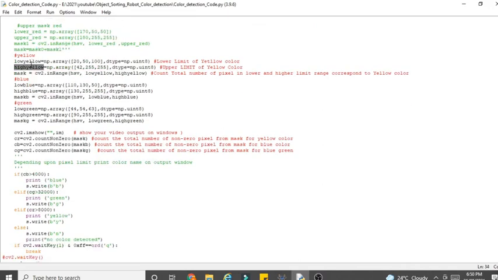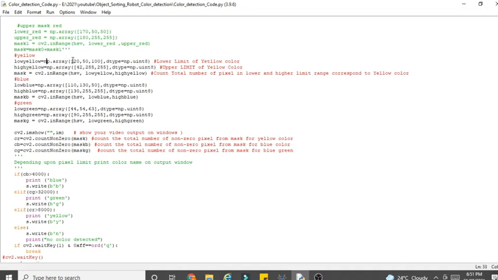Now the next step is we have to define the lower boundary and higher boundary of our color. Let's say yellow color. You can see np.array. This function is used to create the lower boundary of the yellow color. Then the same function is used again to create the higher boundary of this yellow color.